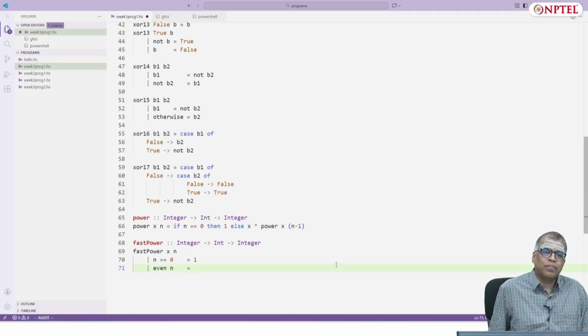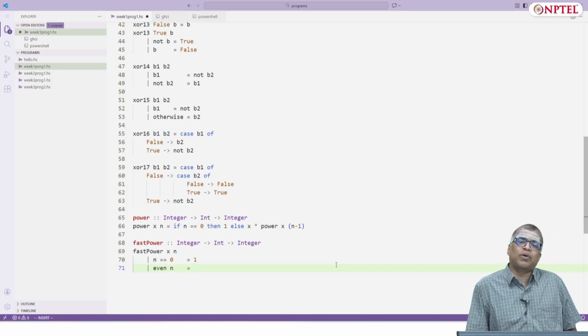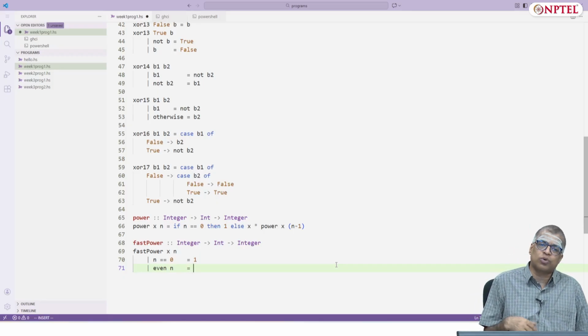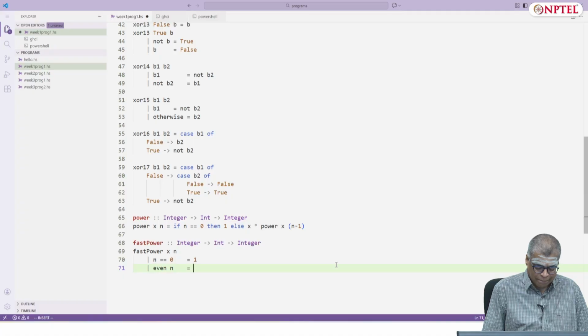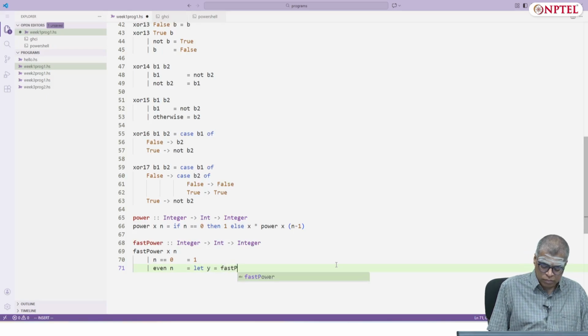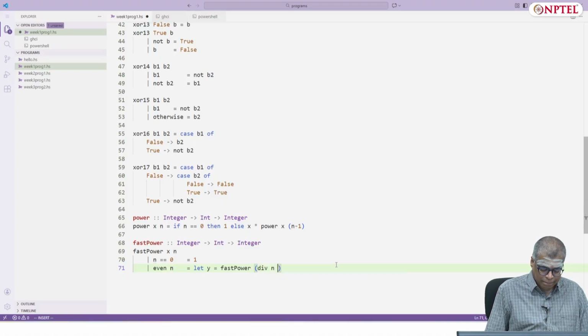If n is even, then I raise x to the power n by 2 and then I square it. Let y equal fastPower x (n div 2) in y * y.